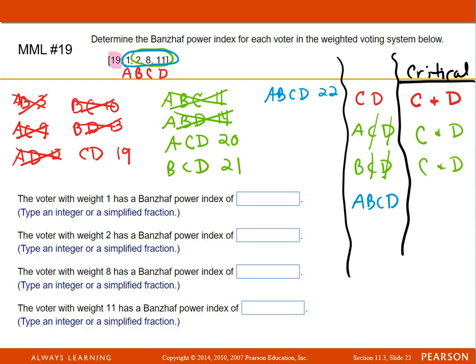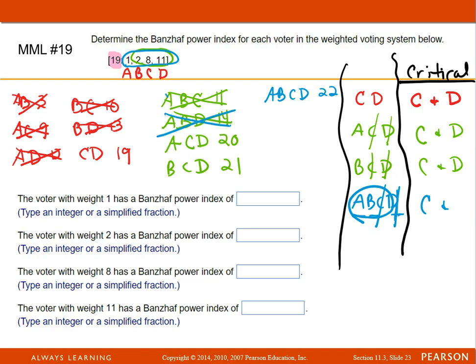Now on this last one, which is in blue, if A leaves, B, C, D is still a winner. So A is not a critical voter. If B leaves, ACD is still a winning coalition. So B is not critical. If C leaves, A is 1, B is 2. Well, actually, I'm seeing A, B, D here. I already knew right here that A, B, D isn't a winner. So that means C is critical. And if D leaves and you're left with A, B, C, that isn't going to work. So D is also critical. So I have determined all the critical voters,